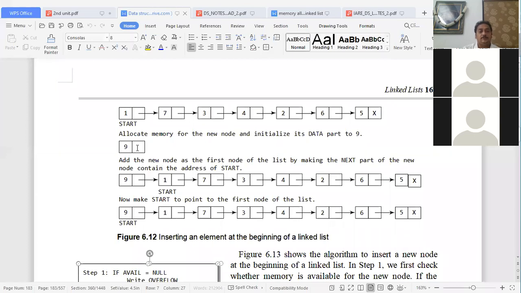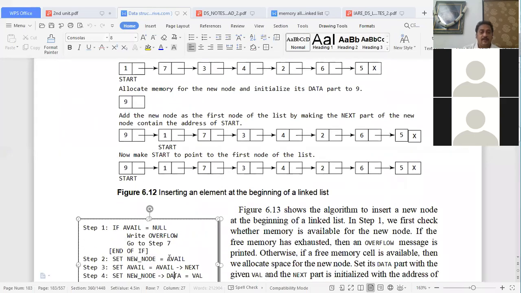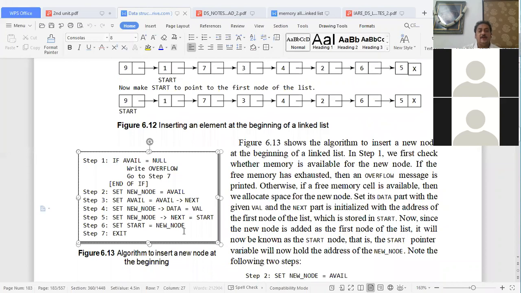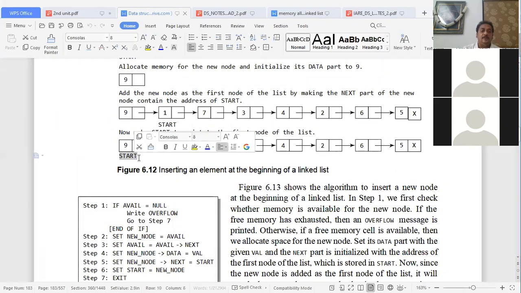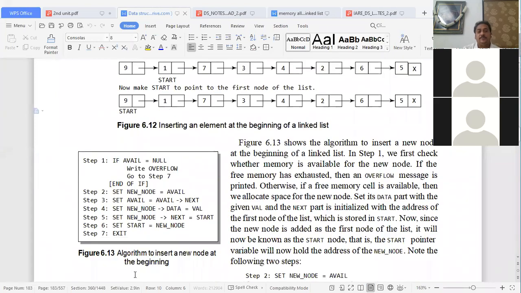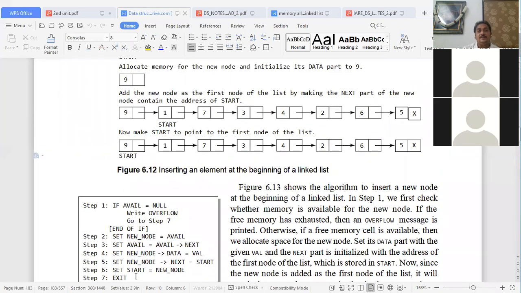So now new node next becomes start, which means the next element of 9 we are marking as 1. Now set start equal to new node, and move the start pointer to the new node. Then this is the position we will have after running the program for inserting a new element into the linked list.